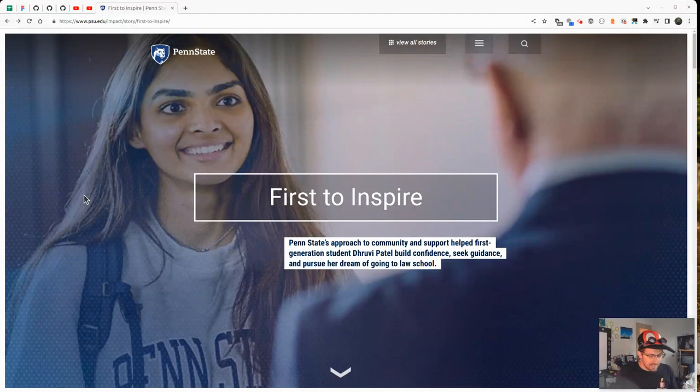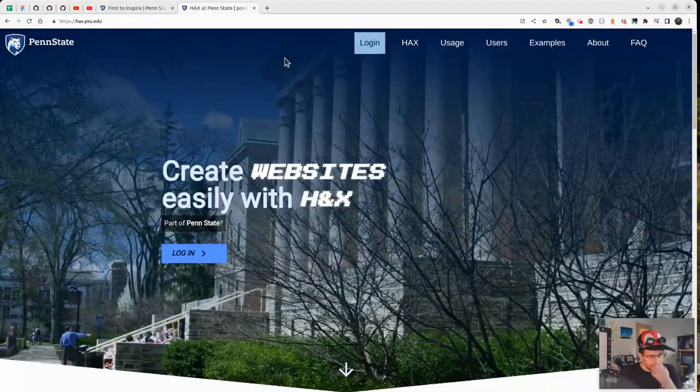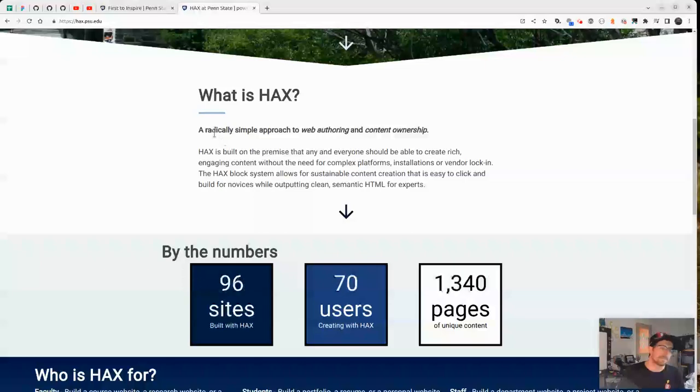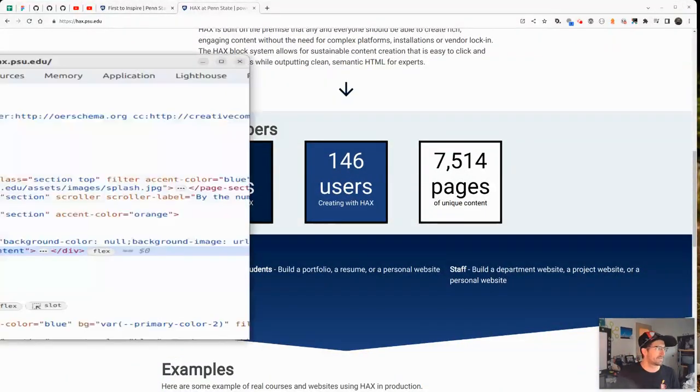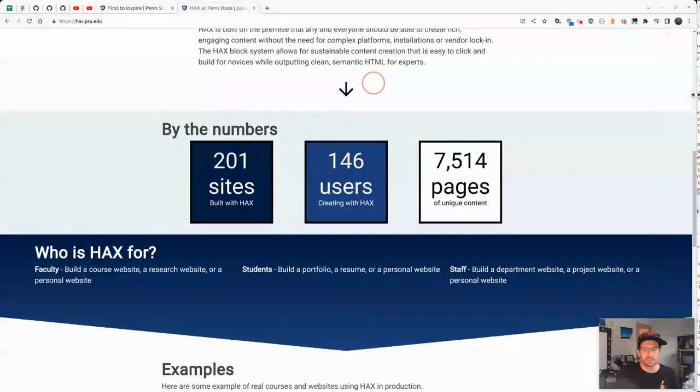So recently we rolled out hacks.psu.edu, and there are a couple of videos about it. This is built using design inspiration from the university style guide. However, under the hood,